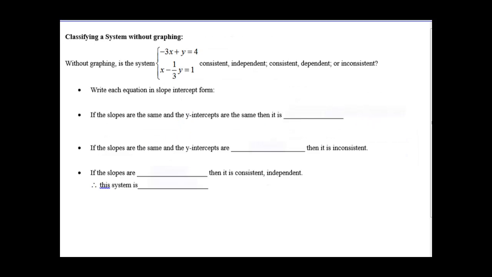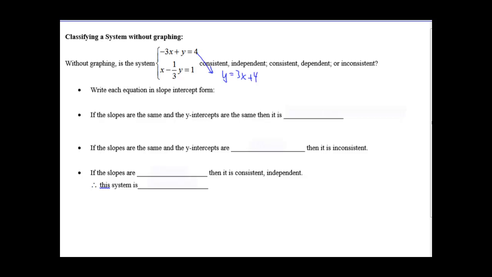When we classify a system without graphing, what we want to do is look at it or manipulate it and then say, is it consistent and independent, consistent and dependent, or inconsistent? So what we can do is take these two equations here and solve for y. We'll get the top one. If we add the 3x over, you end up getting y equals positive 3x plus 4. And then with the bottom one,